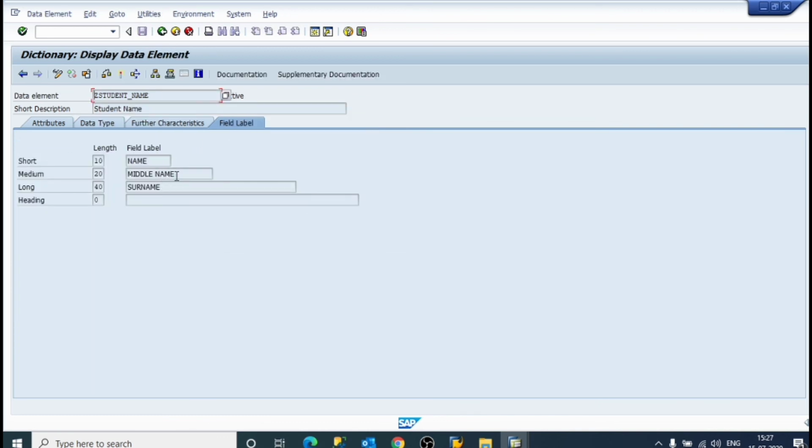Middle name, just fill it, name, 15, 20, 25.